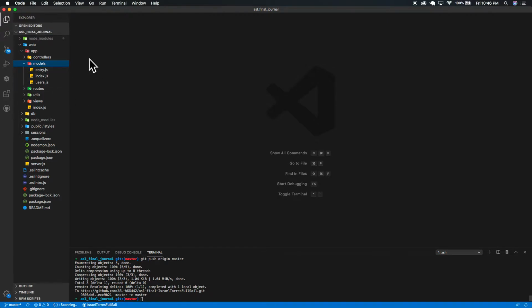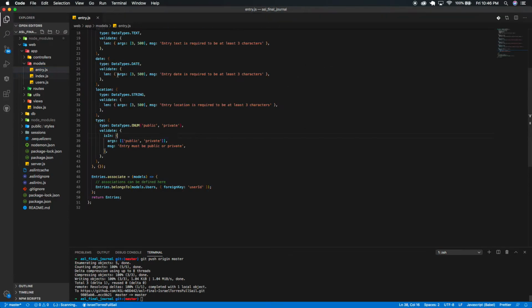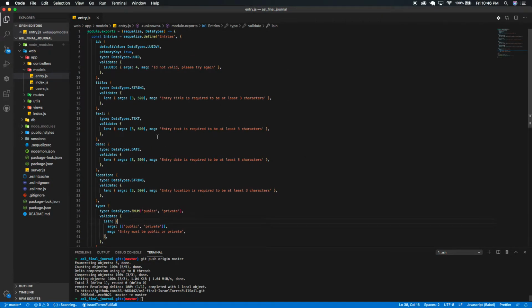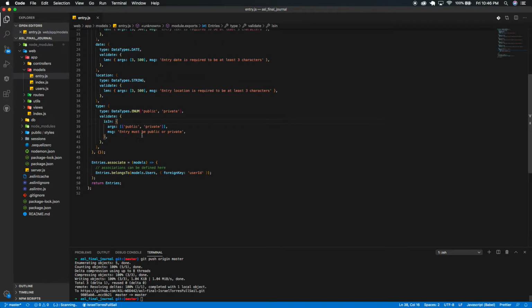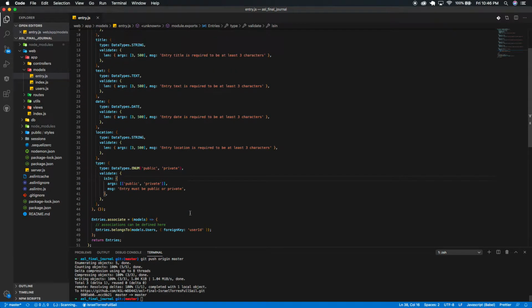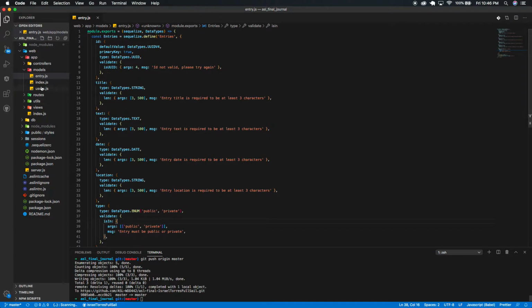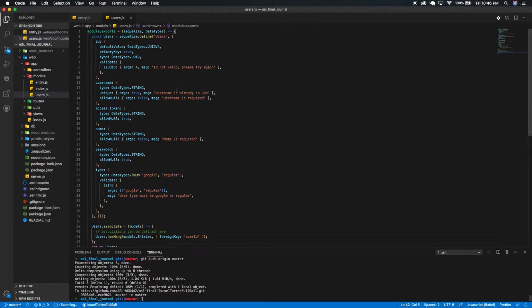In this case I have two models, the entry models with the validation for this model with the foreign key user ID, and I have my user model